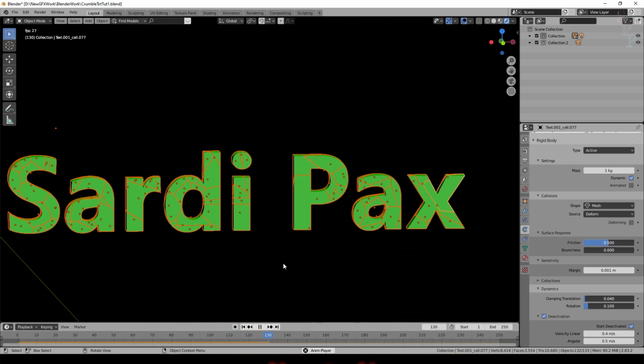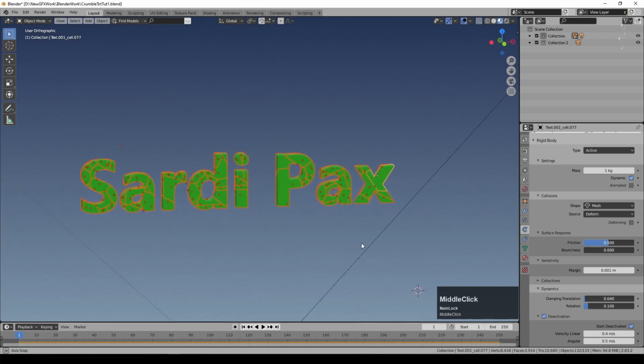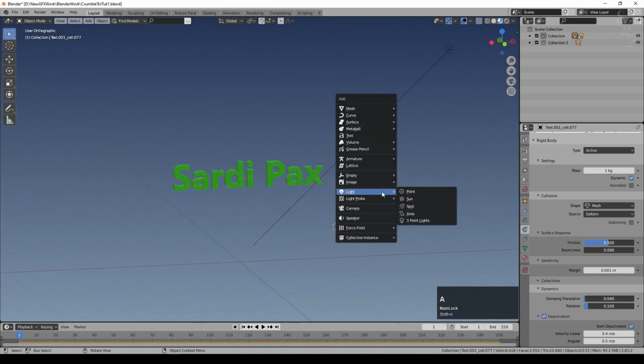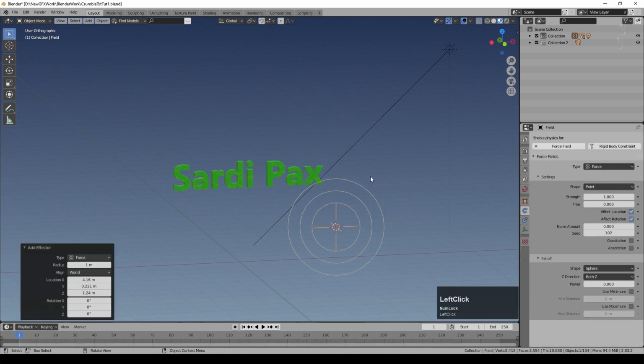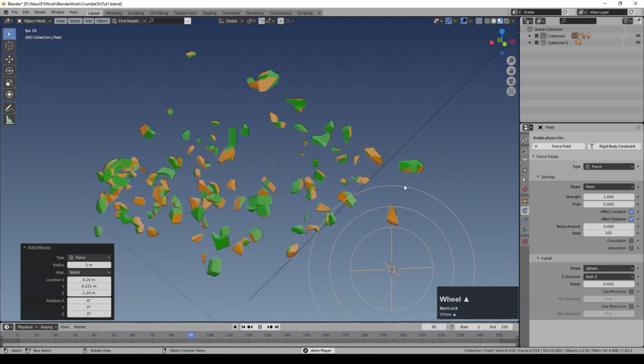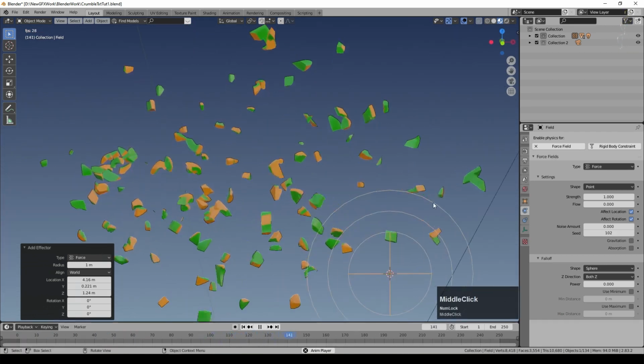So it's in balance. Every one of those things has got physics properties and is disconnected from each other, but there's no force to cause it to break apart at the moment. So now what we can do is actually add a force. So Shift A and add under force field, just force here. If I press play now, suddenly it starts breaking apart again, and that's because this force is affecting it already.